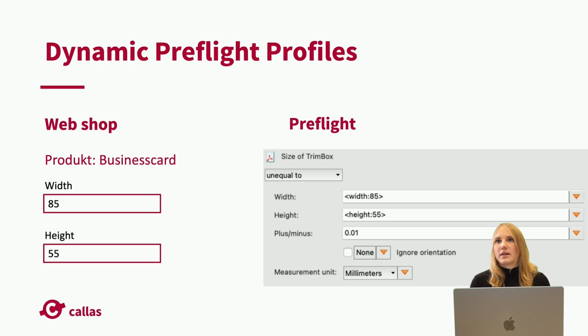So let me give you an example. A customer orders a business card in your web shop, and because the order was placed online, there are already a lot of job-specific details about this order. And for example, you know how many pages the PDF file needs to have. If you want a single-sided business card or a double-sided business card, you know the dimension that the customer selected for this order. And with this information, pdfToolbox can use it from this order and automatically check the uploaded PDF